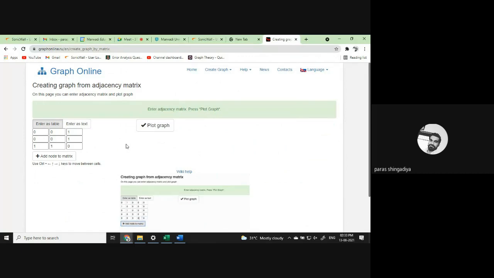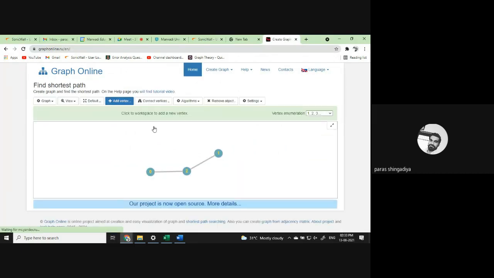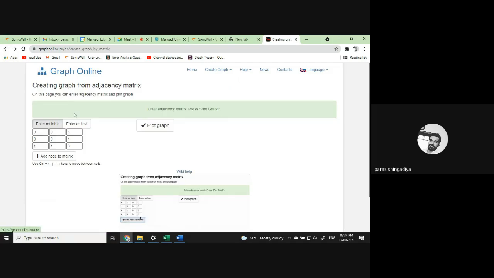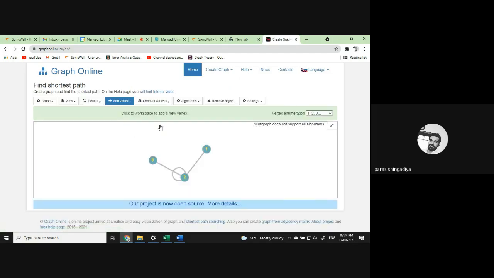It is also a symmetric matrix. Here you can also verify that. So we'll get this type of graph. Clear? 0 will connect with 2 and 2 will connect with 1. In which case we'll get a triangle. So it is one of the loops, and we also connect A and C.